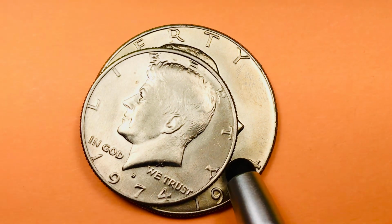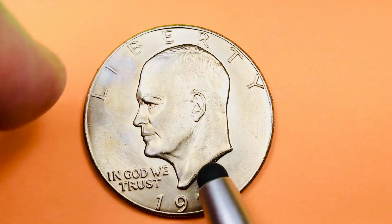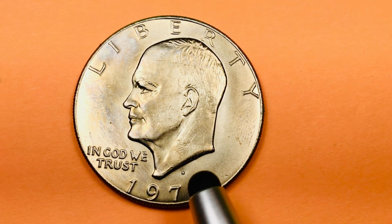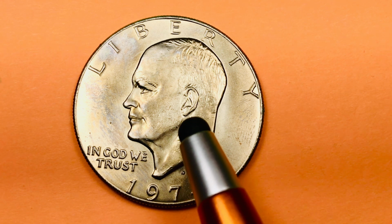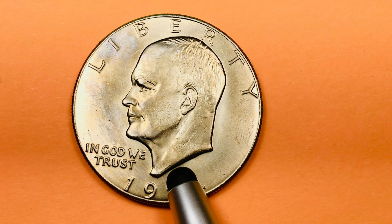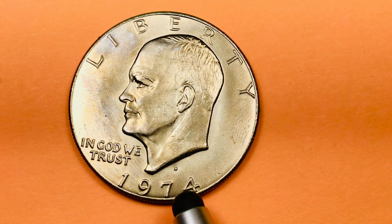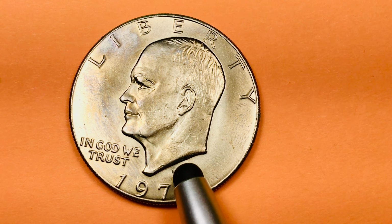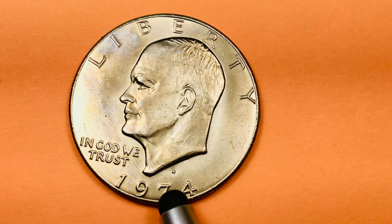So how many did they make of these at the San Francisco Mint that were silver? They made 1.9 million silver versions, and they found 10 so far at a mint state 69, and those are worth $11,500 for the silver version of this coin. They also made this San Francisco Mint in a clad version. They made 2.6 million of those. The best of those, they found 47 that are a Proof 70 deep cameo, that are worth